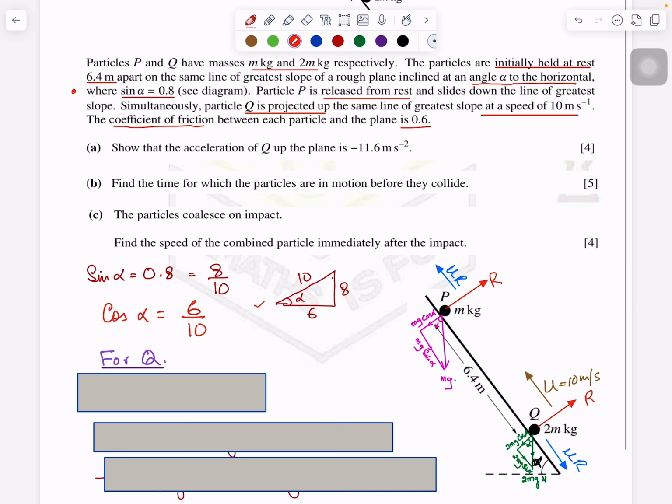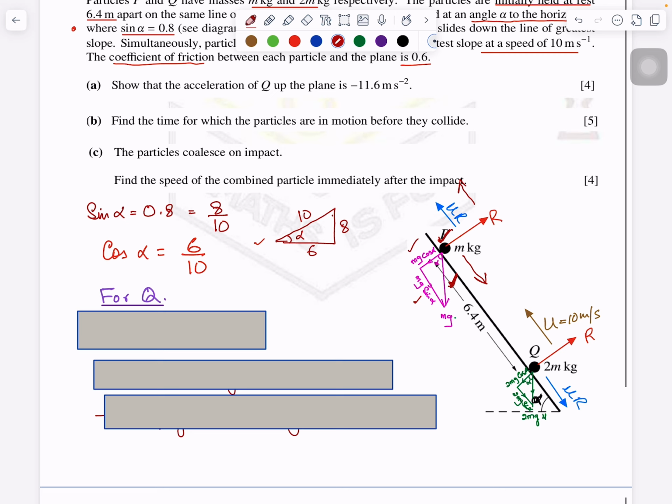Now if you see here, this particle P, because it has to go down, of course maximum friction will be acting upward. So that's why I have drawn the blue line, mu R, up. This is the formula for the maximum friction, mu R. And for the particle P, of course vertically the weight is acting down like this, which is the force. All the questions which are on a ramp, we resolve them parallel and perpendicular to the ramp. So that's why this part will be mg cos alpha and this will be mg sin alpha. You are aware of it. This is the basic information about it.